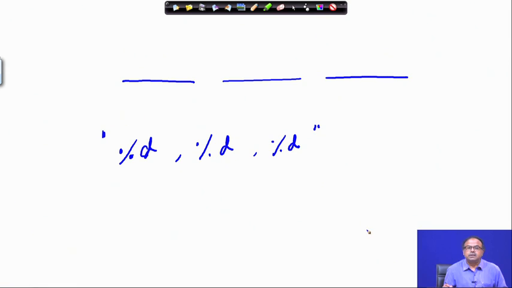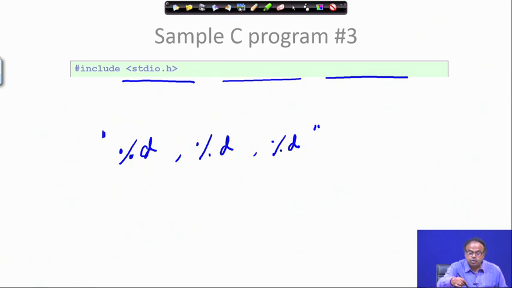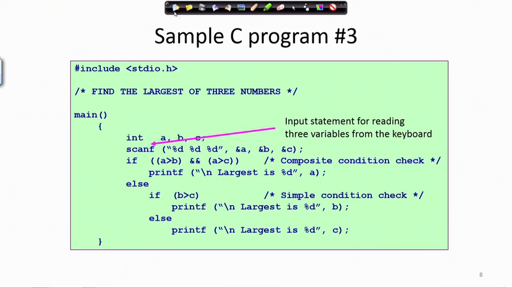I am creating 3 places, corresponding to each %d. Within the quote, I am creating 3 spaces, and followed by that, let us go back to this. I am sorry, here there should be no comma, all right. I am just giving 3 %ds. So, let me go back here.